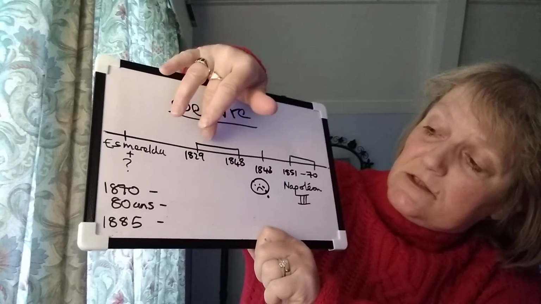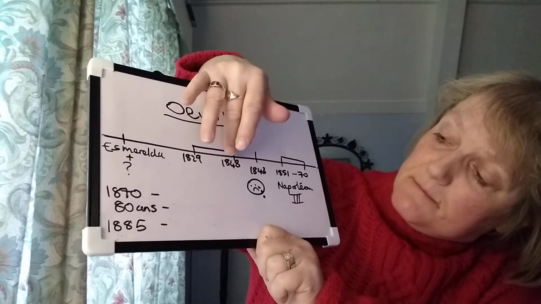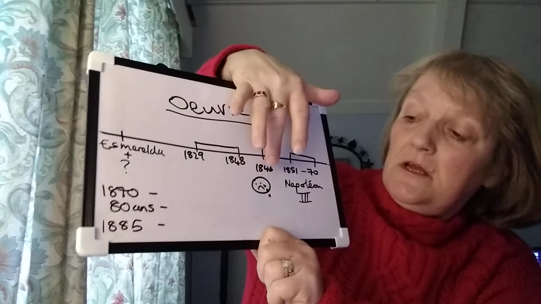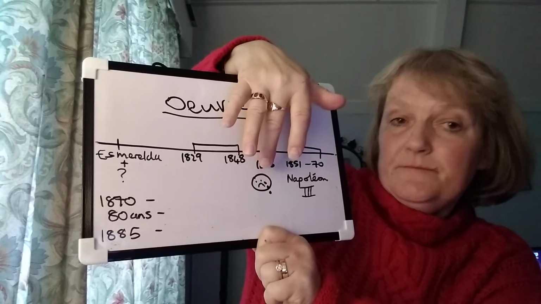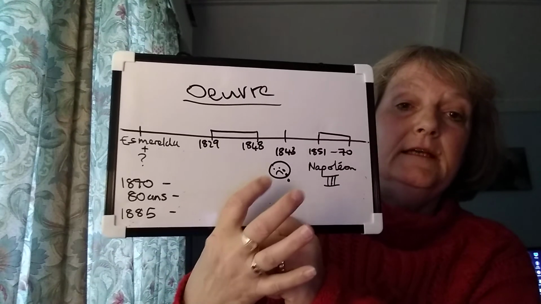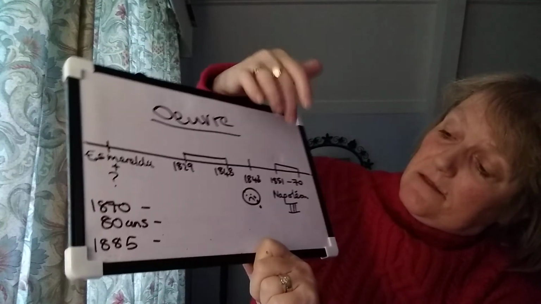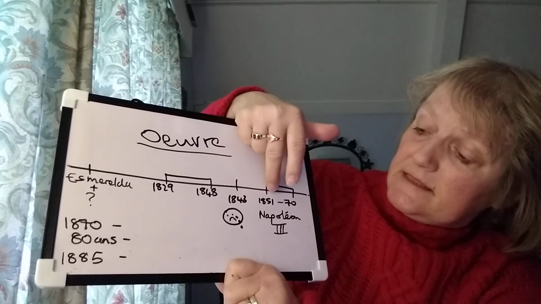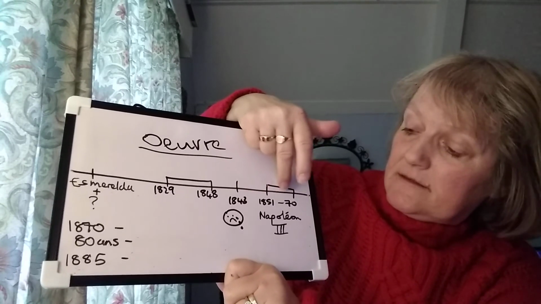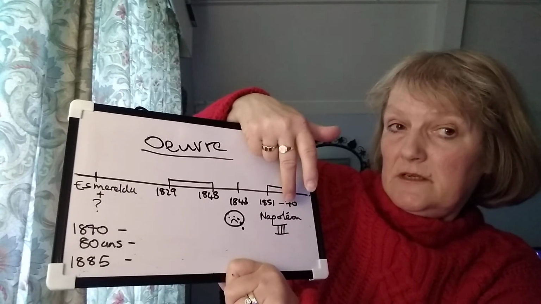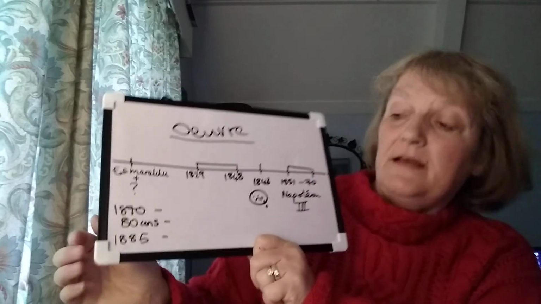During this period, 1829 jusqu'à 1848, that's a long period of time. What went on during that time? This one, il était très triste. This is to show how sad he was at the end of this period then in '43. Okay, so qu'est-ce qui s'est passé? And then here we've got going towards the later part of his life, 1851 to 70. I've put for you there Napoleon III, so he was going to come to power during that period. And because of that, what happened to Victor Hugo?